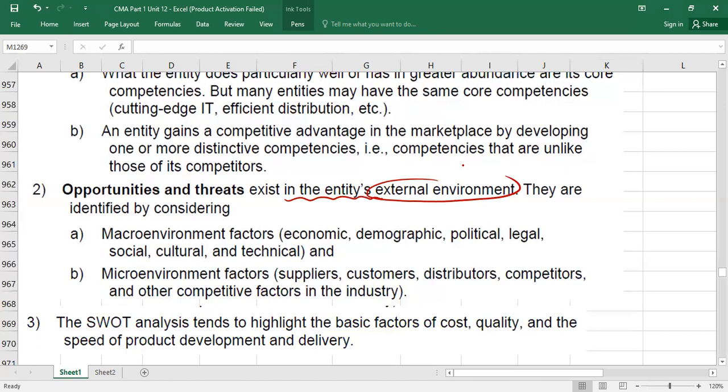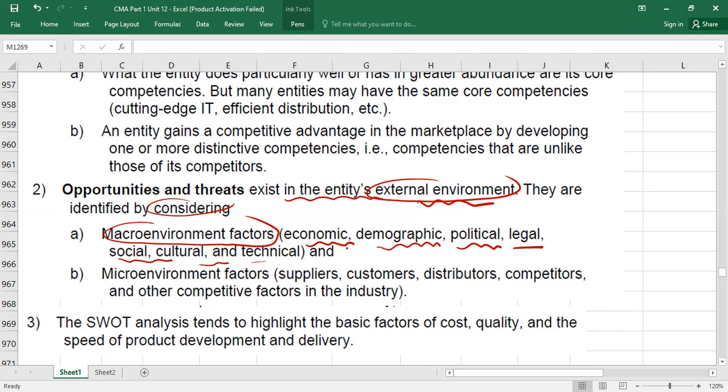For example, if you invest your money, let's assume, in any specific business, and you have strong competitors there, it is a threat. If you have weak competitors there, it is an opportunity, because you can enter there and make money, right? So opportunities and threats exist in the entity's external environment. They are identified by considering macro environment factors, like broader factors. For example, economically you will look, demographically you will look at what opportunities and threats you have, politically you will look, legally you will look,